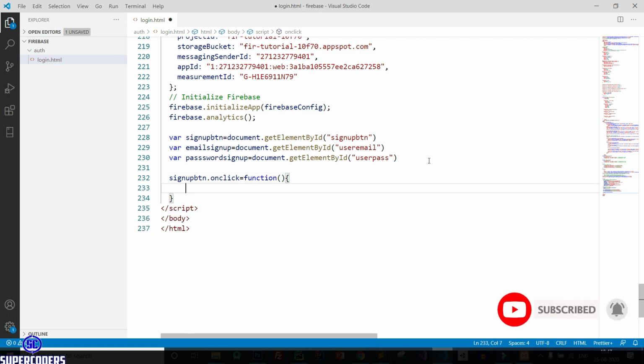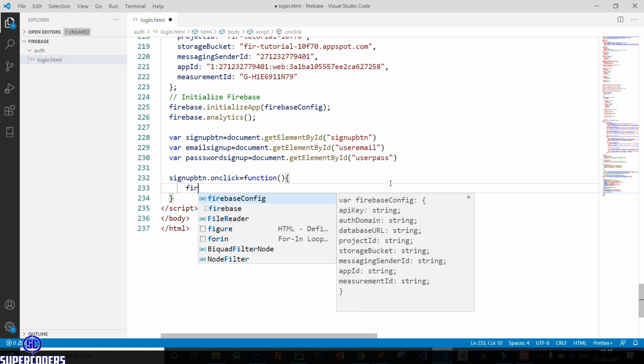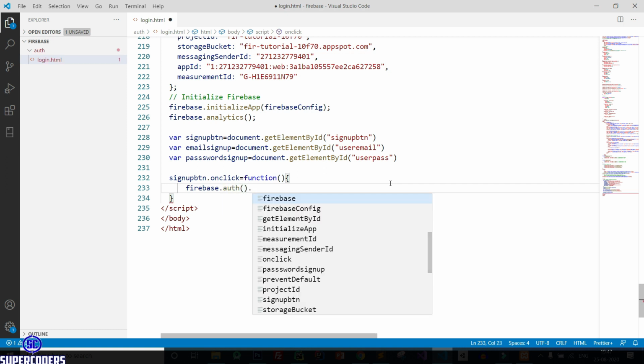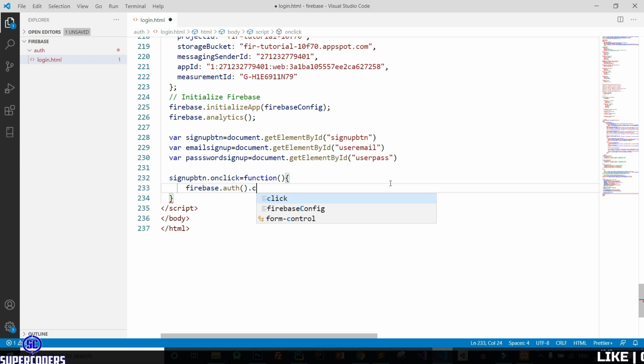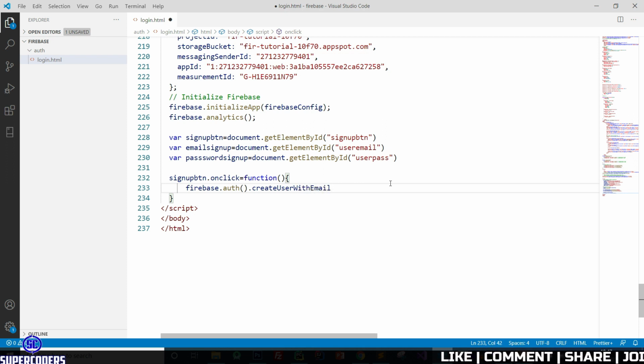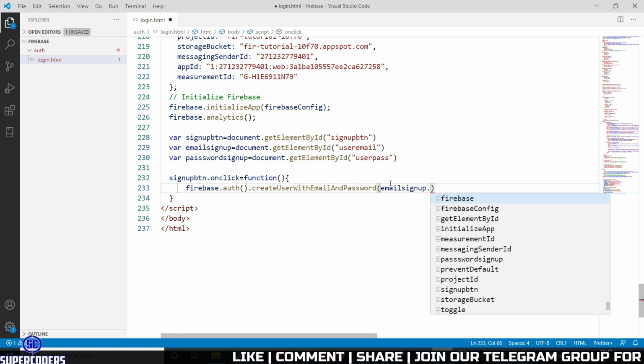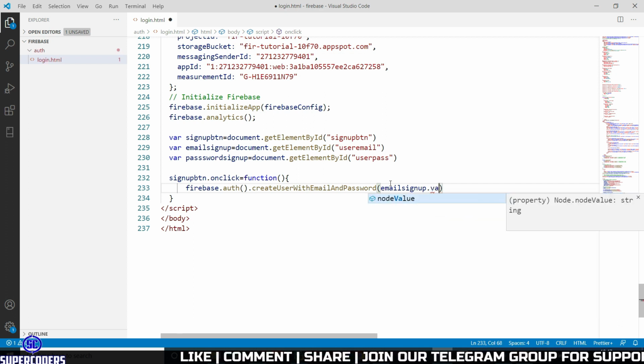Then you need to do our coding here. So first add firebase dot auth dot create user with email and password, then passing email sign up dot value.